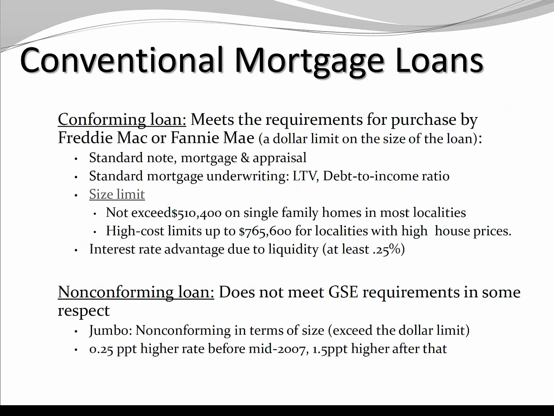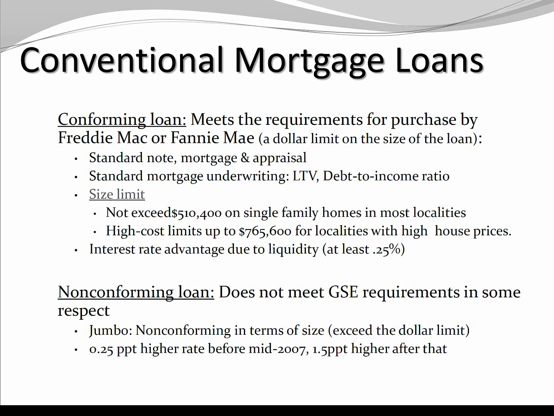Depending on the amount of the loan, we can separate loans into conforming loans and non-conforming loans. Conforming loans meet the requirements for purchase by large institutions like Fannie Mae and Freddie Mac, which set a dollar limit on the size of the loan. Those loans usually have a standard note, standard mortgage terms and an appraisal report. They go through the standard mortgage underwriting procedure and meet the requirements for loan-to-value ratio and debt-to-income ratio set by Fannie